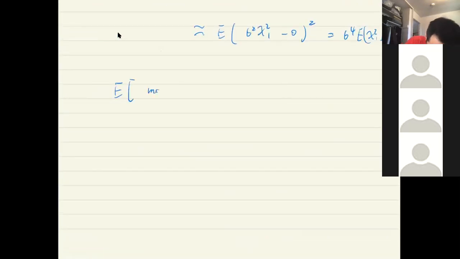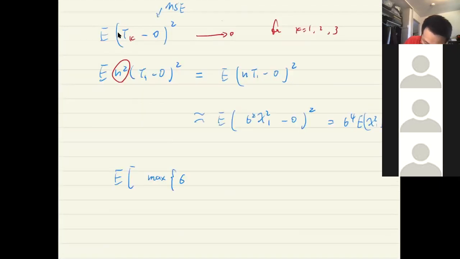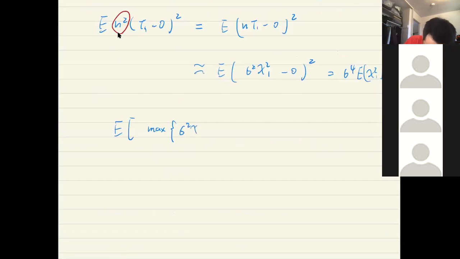The maxima, sigma square, square. So this is T3. Okay. So this is equal to sigma to the power 4 and maxima of